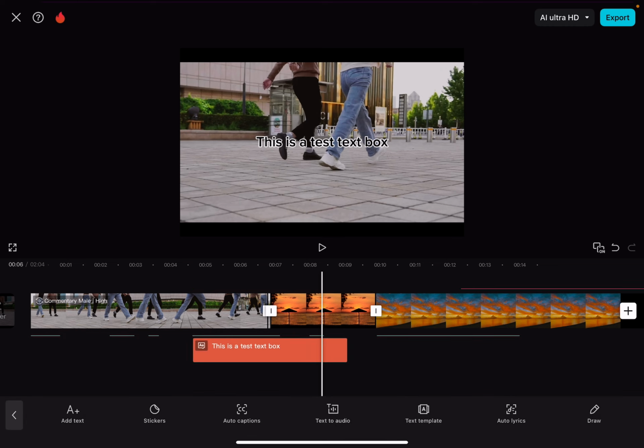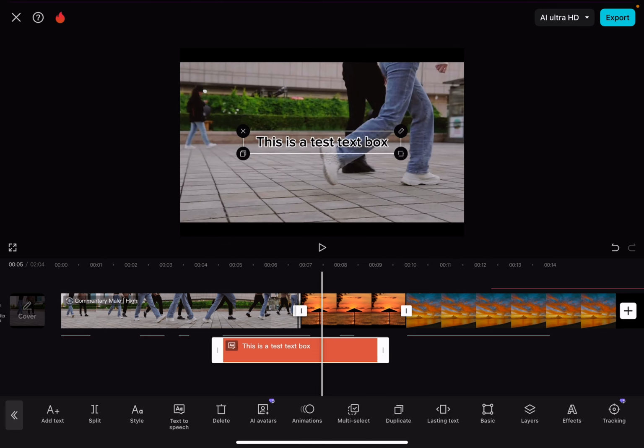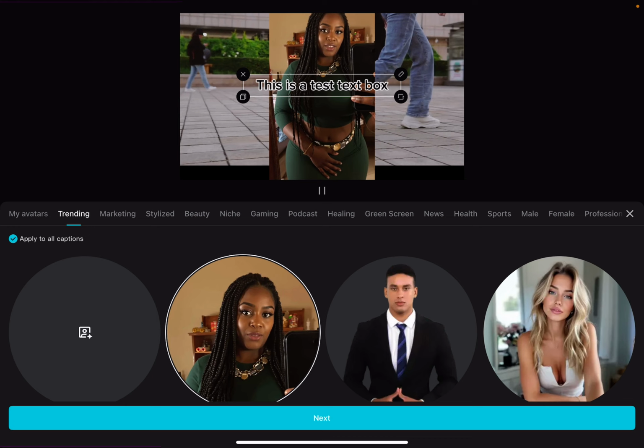Inside CapCut, select the text menu, and in the text menu you can add the prompt for your kids animation characters that you would like to use by tapping on add text. After that, your text box is going to appear right here. Then you have to select the